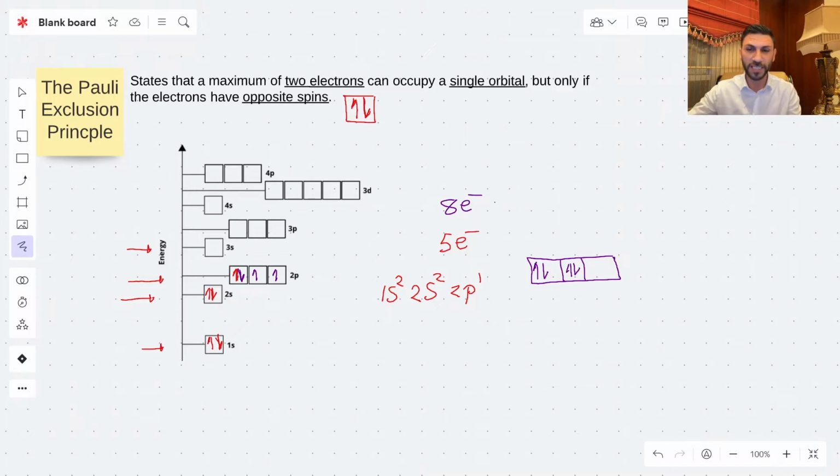So when I have 8 electrons, I'm going to write 1s2. That means in the first principal level, we only have s, and in this s we have 2 electrons. Then in 2s, we have also 2 electrons. Then in 2p, we have 1, 2, 3, 4, so 4 electrons. And the total number of electrons is 2 plus 2 plus 4, which is 8 electrons.